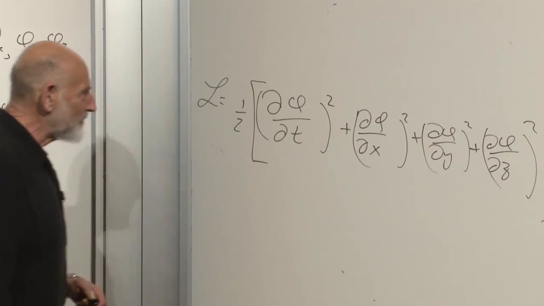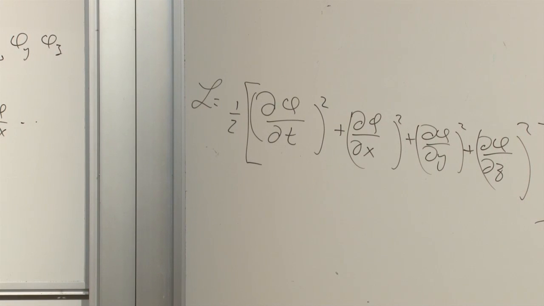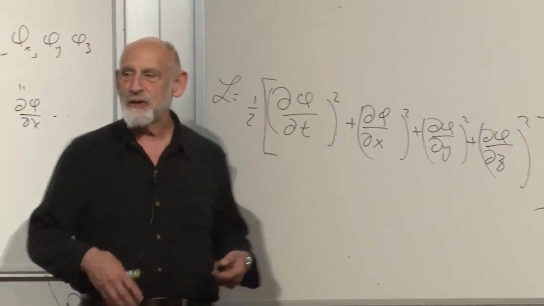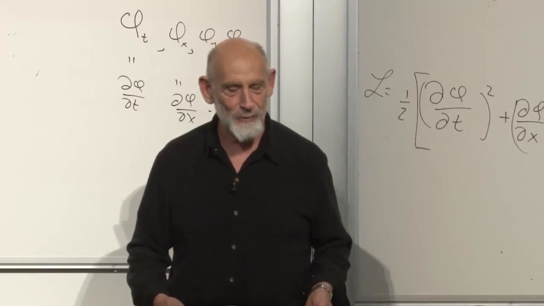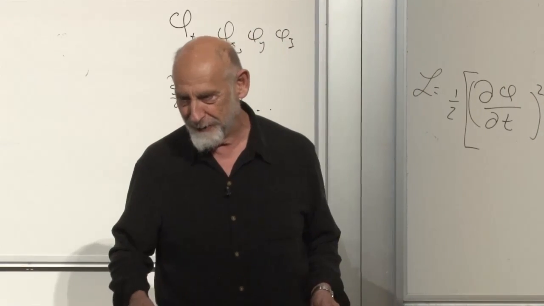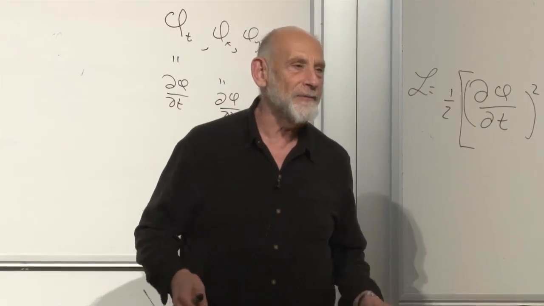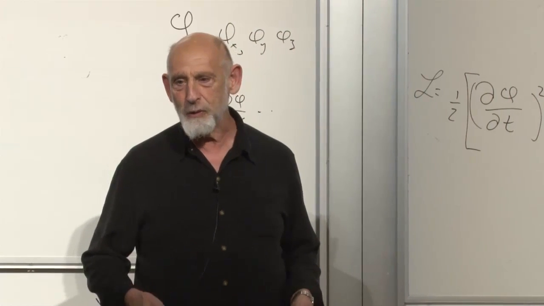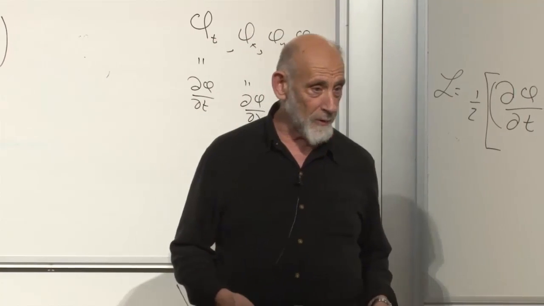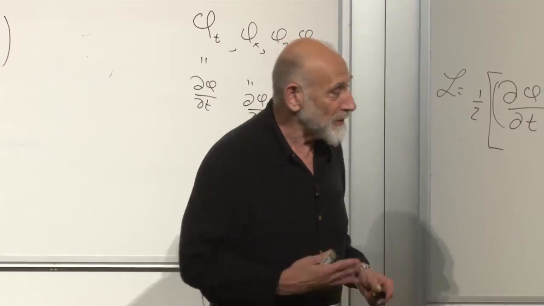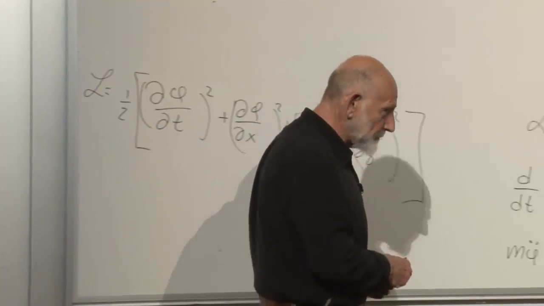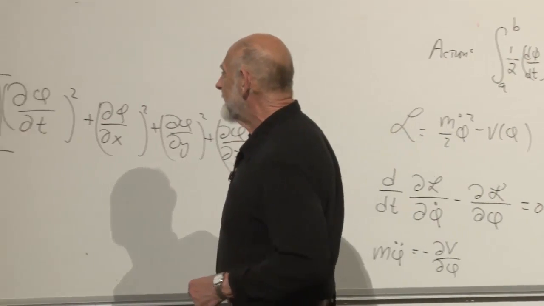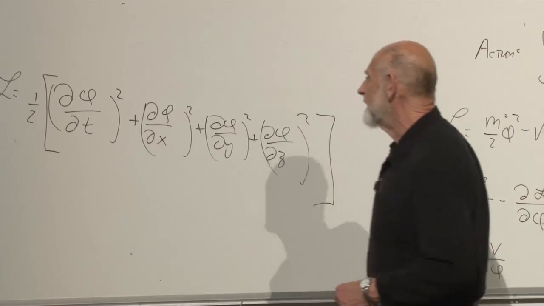That was not what I meant. If this were the Lagrangian, it would be completely the same for space and time. There would be no difference between space and time. That just doesn't sound right. It doesn't sound right that the behavior of waves can't tell the difference between the time coordinate and the space coordinate. The world doesn't work that way. Something different about time than space. We recognize it. What's the right answer? Minus.